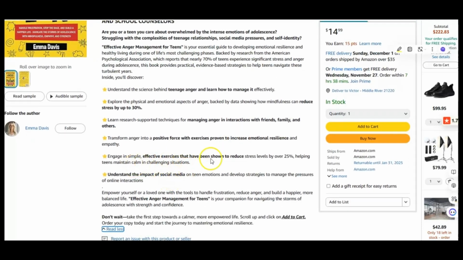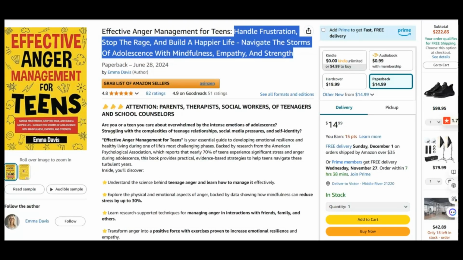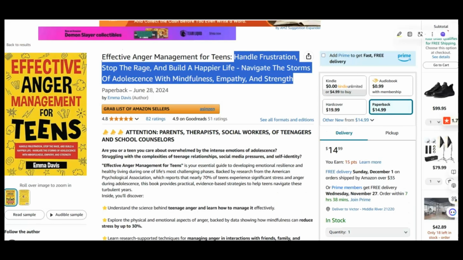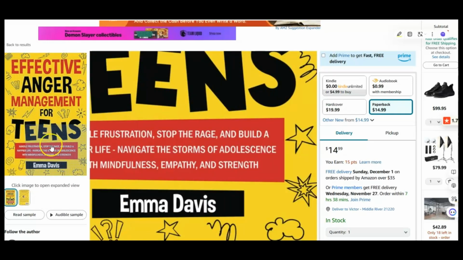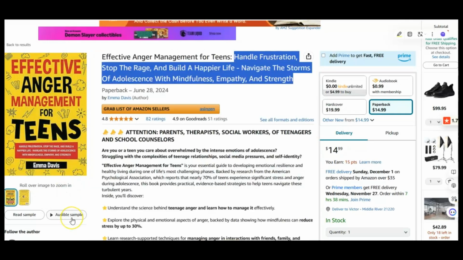This person, the author of this book, Emma Davis, look at the way she structured it. So yeah, take a look at the book. Then we will go and create our own book using the same title, but a different subtitle. Then look at how this book cover is and create something even much better than this. So guys,